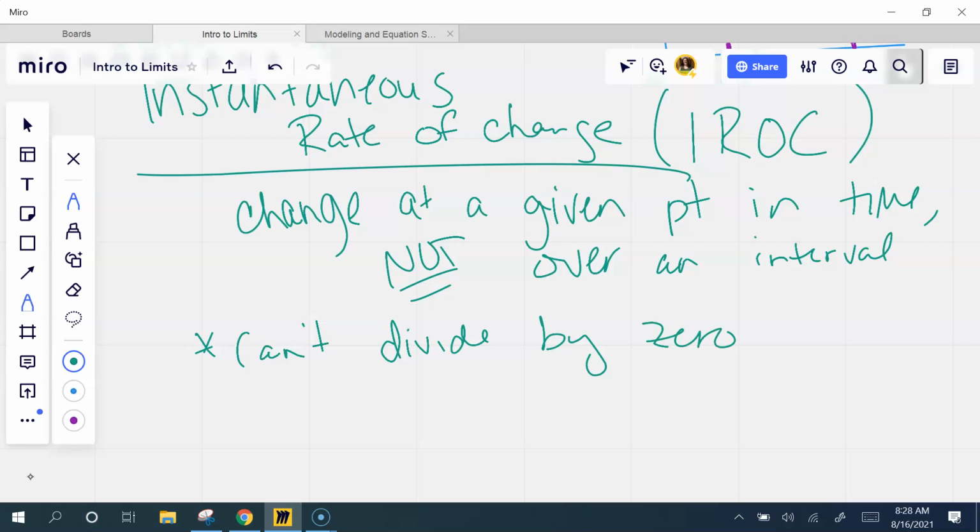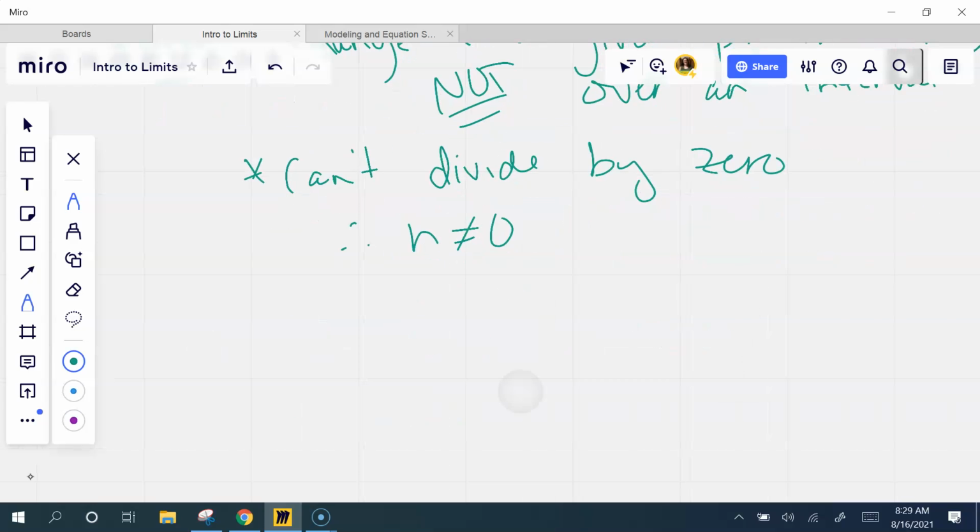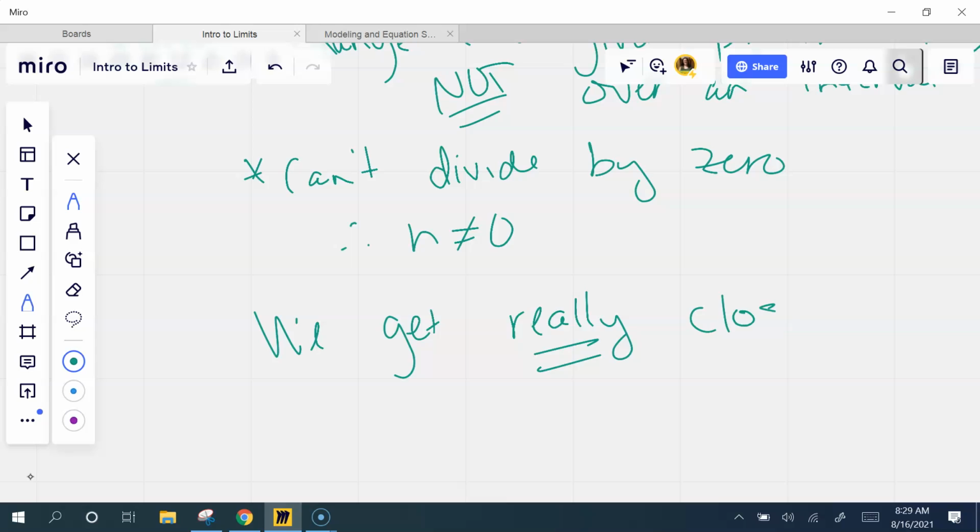So if you'd like to have your notes, can't divide by 0. Therefore, H cannot equal 0. So we get really close. For example,